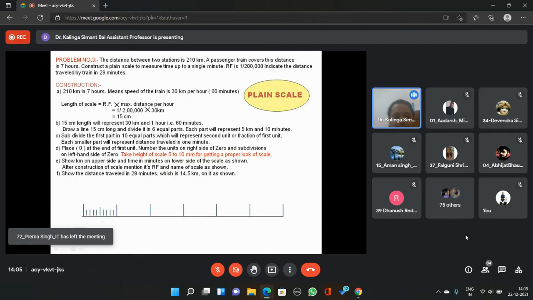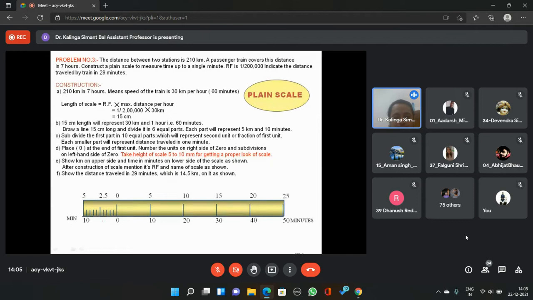So this is the way of representing different types of features in case of single units and its subdivisions. And in this particular problem where we had to represent distance and the minute together, this is a scale where we represent kilometers and minutes in one scale with proper representation with divisions placed in such a way that it serves the purpose both for showing the kilometers with its decimals as well as the divisions for the minutes also. So time and scale, the distance and time all shown in one single scale.